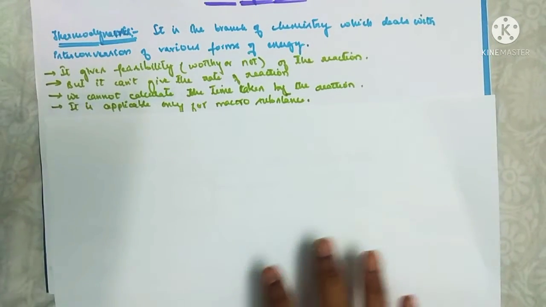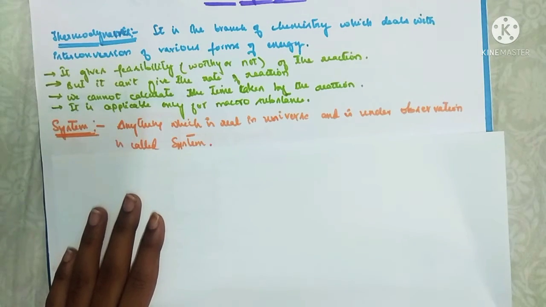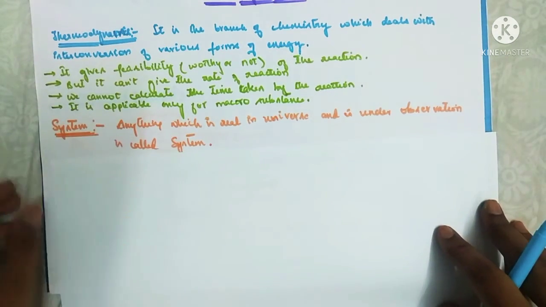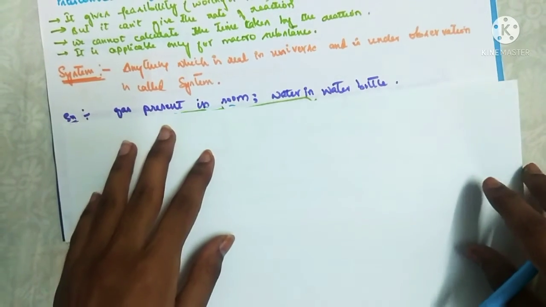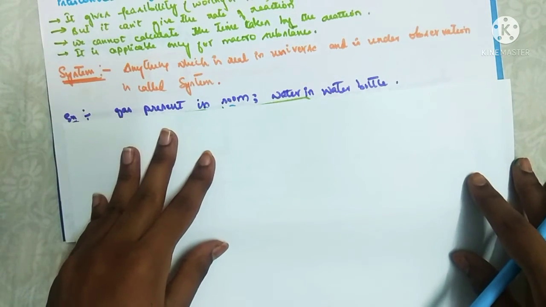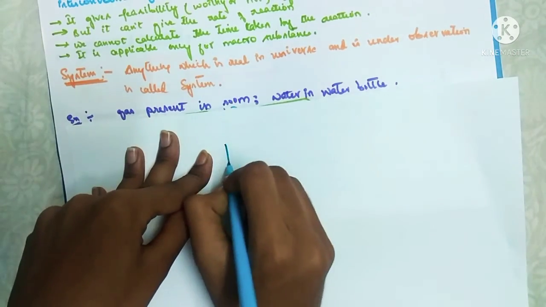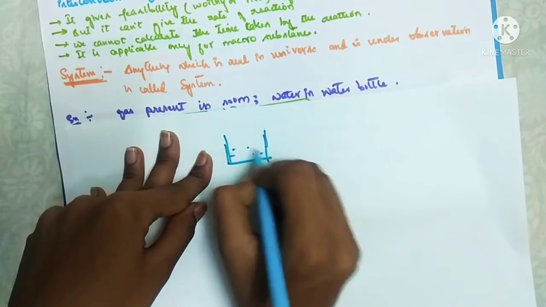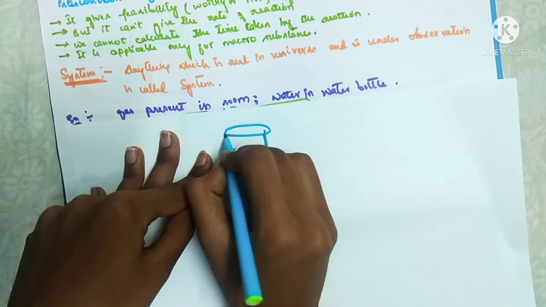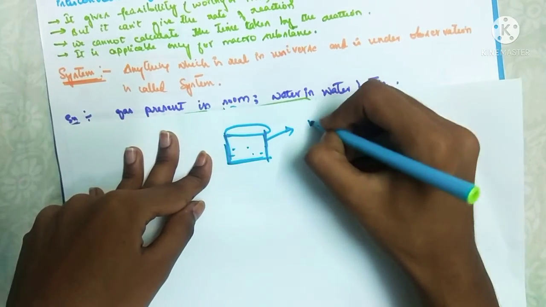The next term we are going to learn about is system. Anything which is real in the universe and is under observation is called a system. For example, the gas present in a room, or water in a water bottle. If you take one beaker which is full of water, then this beaker is called the system,